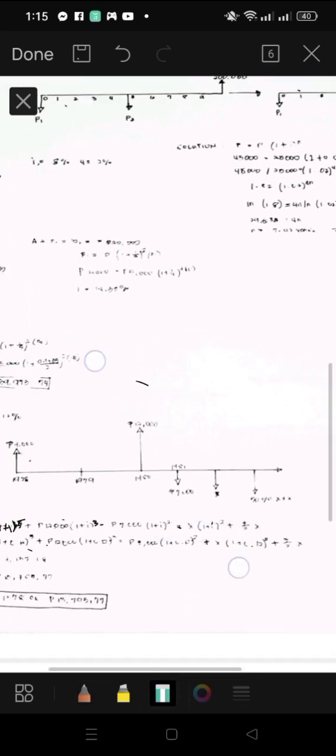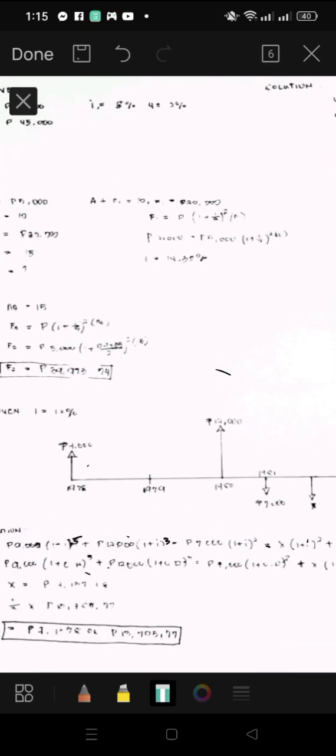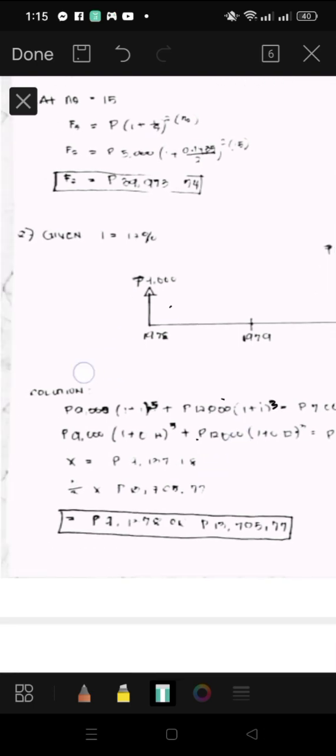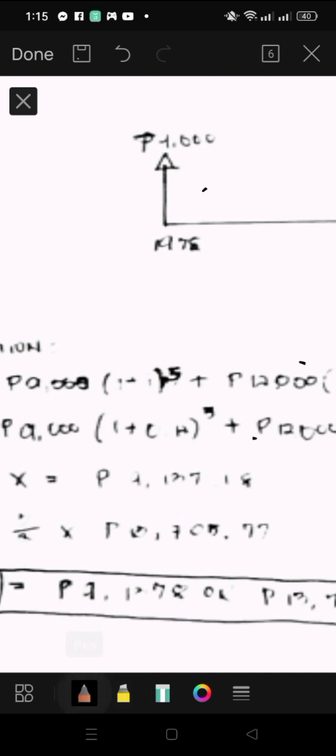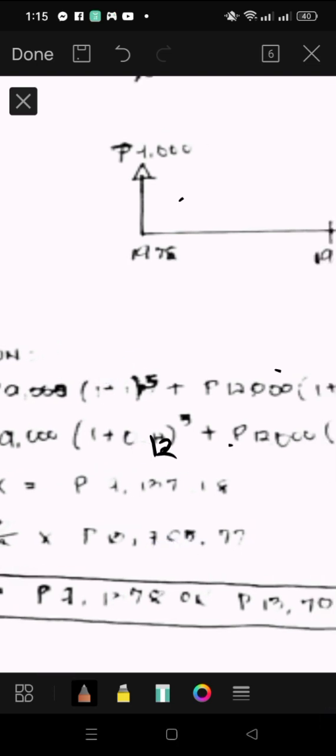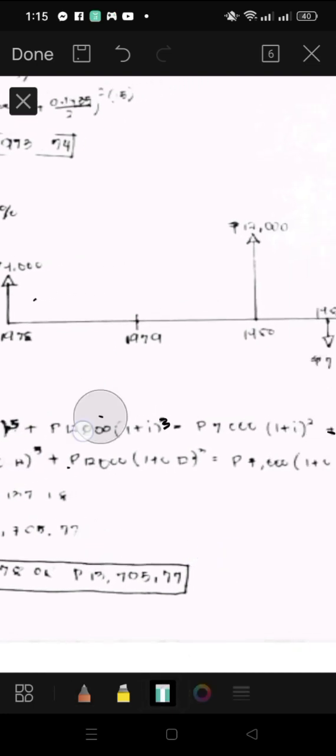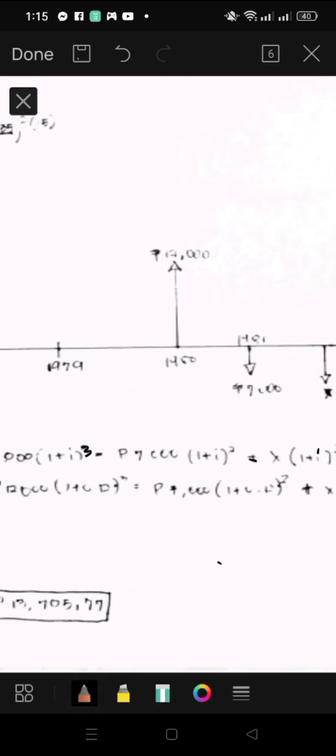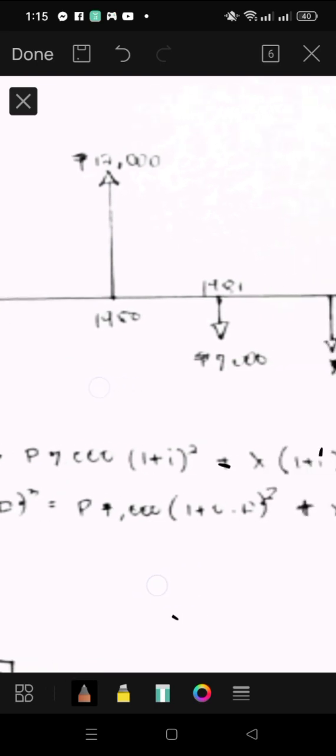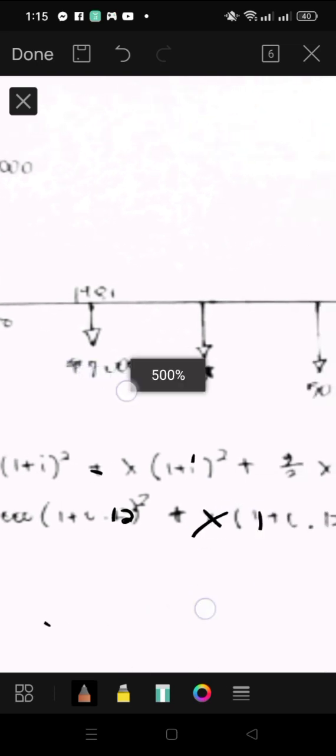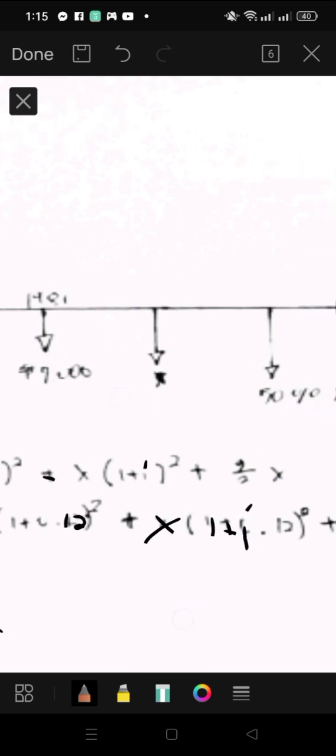We need to distribute the given. So 9,000 is shown here in the first term, which is quantity of 1 plus i raised to the power of 5, then plus 12,000 quantity of 1 plus i raised to the power of 3, and 7,000 is quantity of 1 plus i raised to the power of 2, plus x, quantity of 1 plus i raised to the power of 2, plus